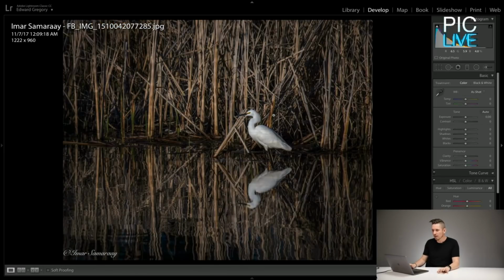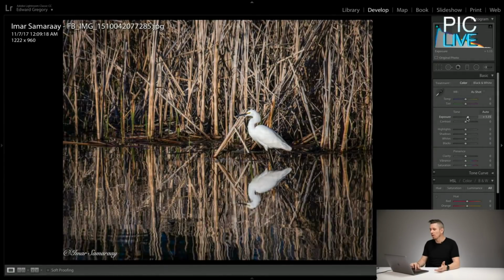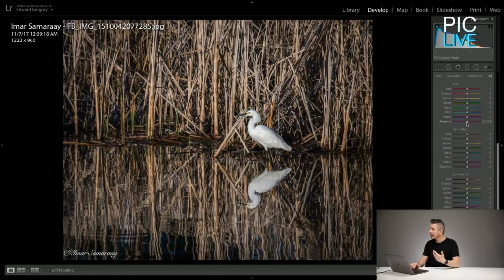So this is from Imar Samaray. Don't know how to say that properly. Beautiful image. We've got a wonderful reflection down here. What I would look for in this is a little bit more on the exposure. So I'm going to lift it up, maybe bring my highlights down so I bring back the detail in the bird. And I'm not a fan of vignettes, but I'm going to put a vignette on this image because I think,